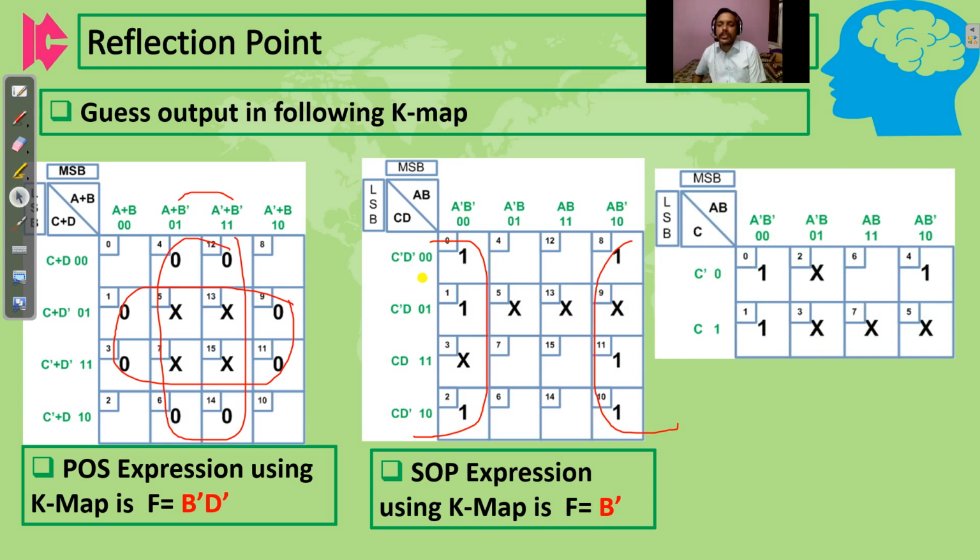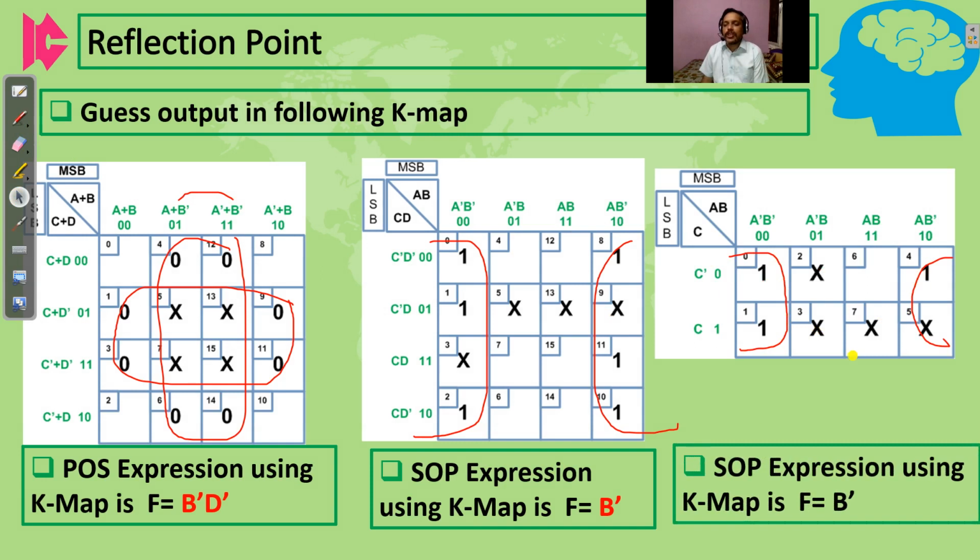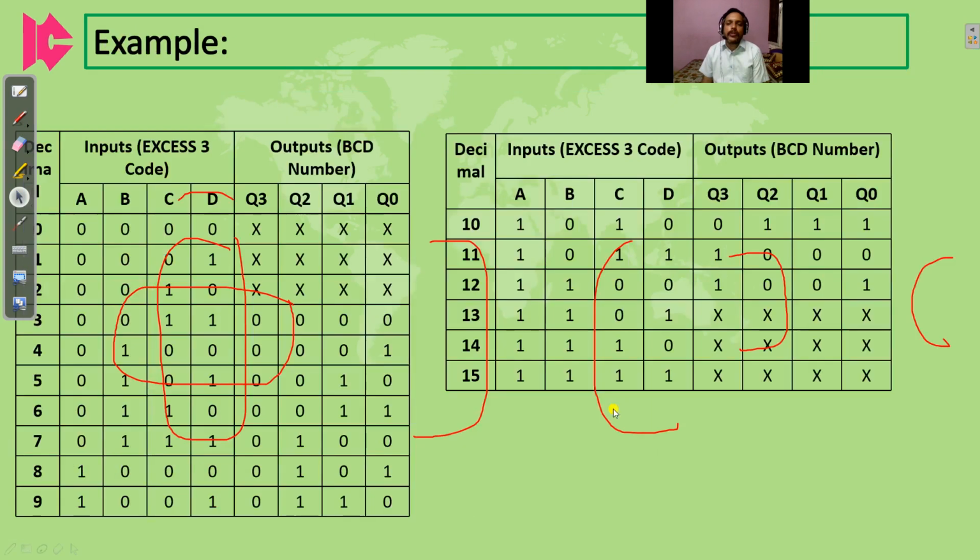Next. Again, this is with 3 inputs. Again, which form is it, POS or SOP? I will write down the SOP expression for this. Pause the video for some duration and try to make the groups of 8, 4, 2, 1. What is possible? Here again I make a group of these 2 together and these 2 together. Don't bother about all the other don't care conditions. Then what is the output expression? On this side both are changing, but the non-changing one is only B dash, so F is equal to B dash. Okay, so this is the possible combination.